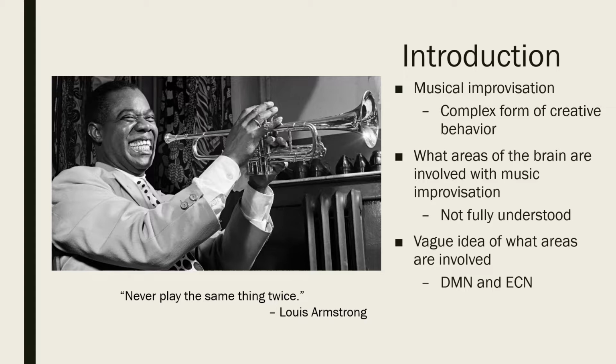during musical improvisation. It is not fully understood, but the idea is that musical improvisation, such as creative behavior, involves the dynamic interaction of the default mode network, the DMN, which is an autonomic bottom-up process, and the executive control network, the ECN, which is a top-down control process, and they're usually not active at the same time. The DMN pertains to spontaneous and self-generated thought, such as mind-wandering, mental simulation, social cognition, and future thinking, whereas the ECN pertains to memory, relational integration, and task set switching.